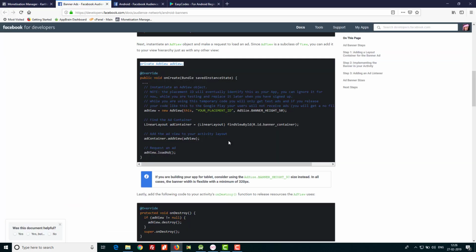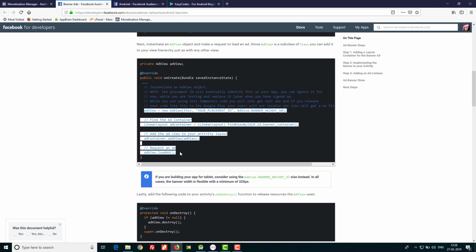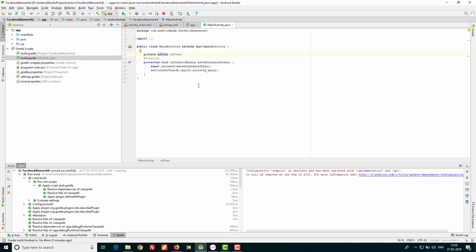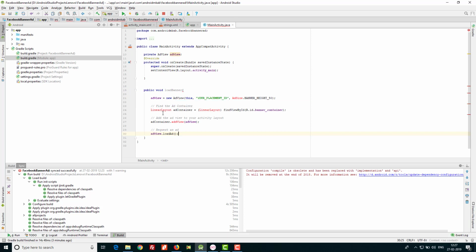Next thing is just copy these lines and paste inside your main activity, or you can create a new method, public void load banner. Inside this you keep this one, and you import all the red text here.